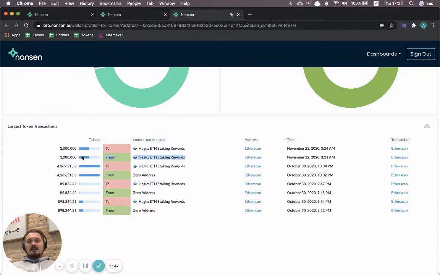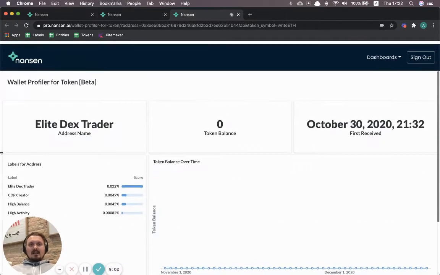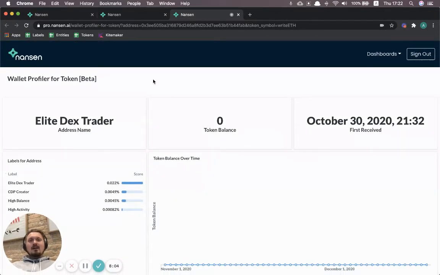And there's only one instance where they actually withdrew tokens from the contract, but they deposited them back in again 3 minutes later, which you can see over here. So that's kind of interesting. But what I actually want to know is, what do they do with their rHEGIC tokens? So the farmed tokens. And the cool thing is,